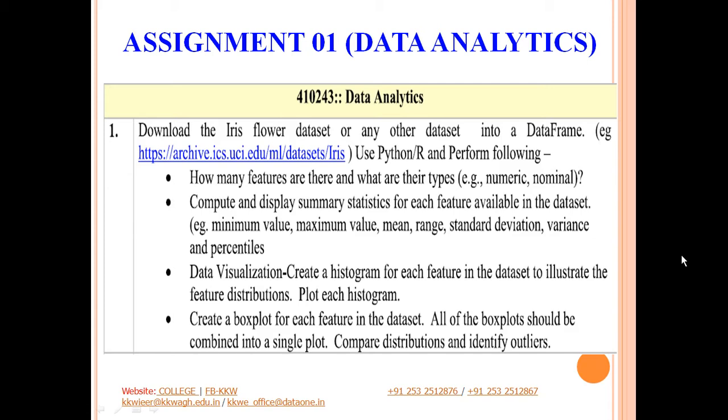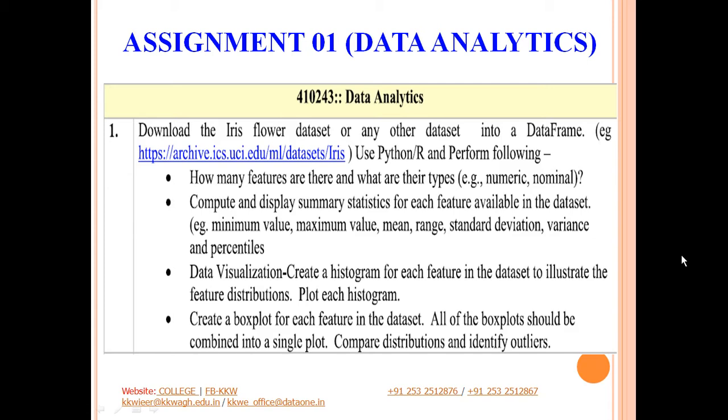First, we have to find out how many features are there in the given dataset and what are the types of these features. The features can be numeric or nominal, that we will see. Second, we have to compute and display the summary statistics. What are these summary statistics? It can be minimum value, maximum value, mean value, range, standard deviation, variance and percentiles.